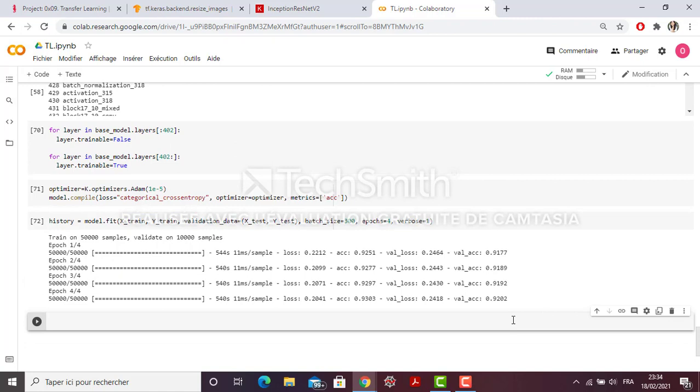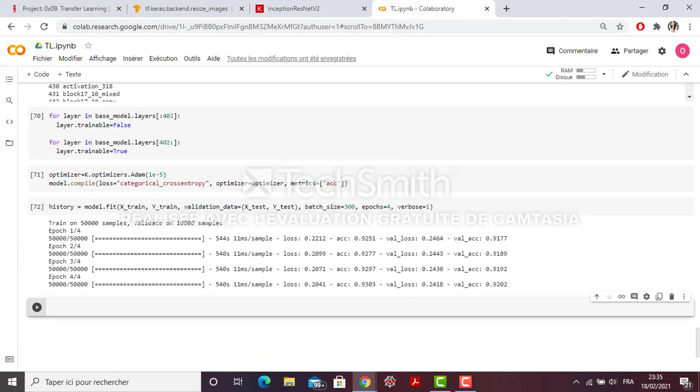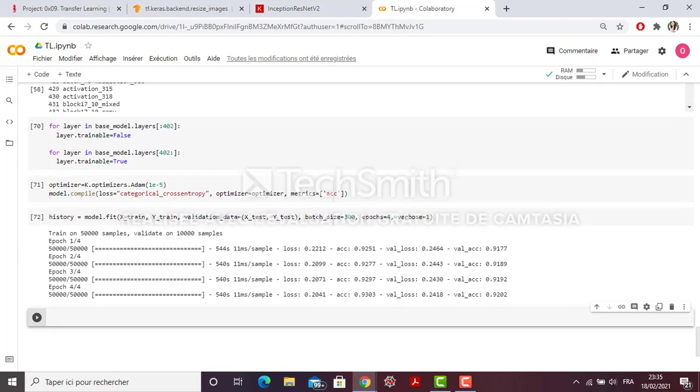Okay, so as we can see, the validation accuracy reached 92, so it's a good accuracy. Okay, so as expected, the fine-tuning improves the performance of the model. It increases the accuracy, and we have here a low loss, and we don't have overfitting, which is a good thing.